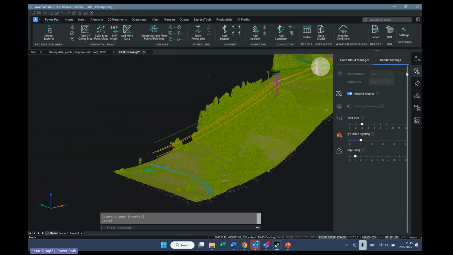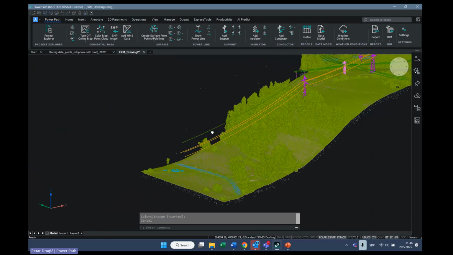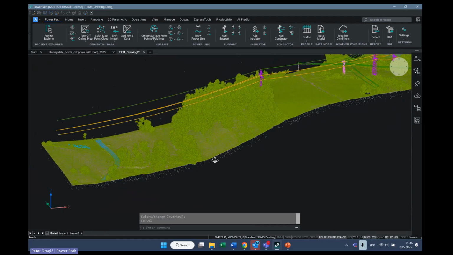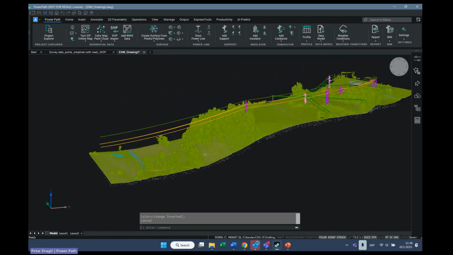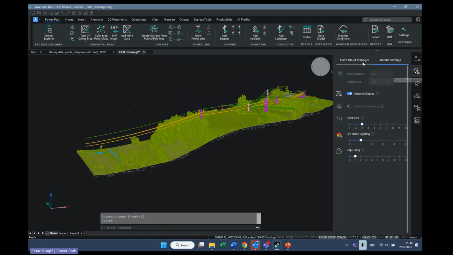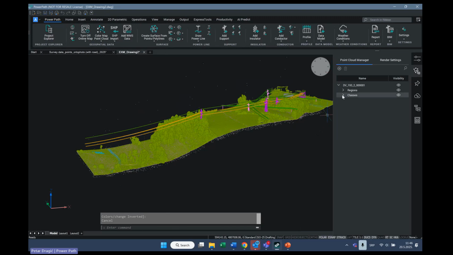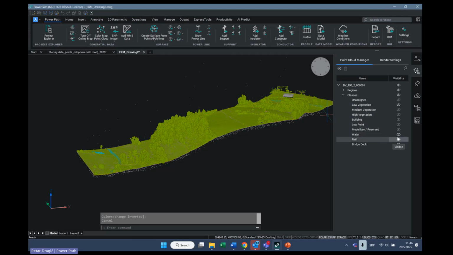Now what I want to show you is that you can now create the surface just for the cropped point clouds. In the previous version we didn't have that possibility. Let's go here to Point Cloud Manager and, for example, just hide the elements which I don't want to use.